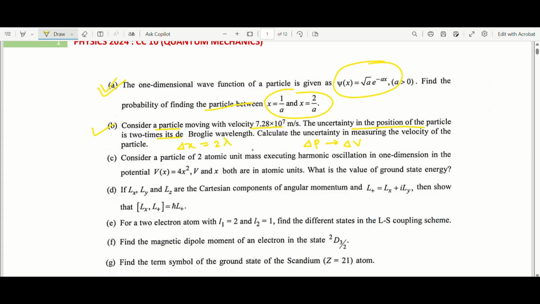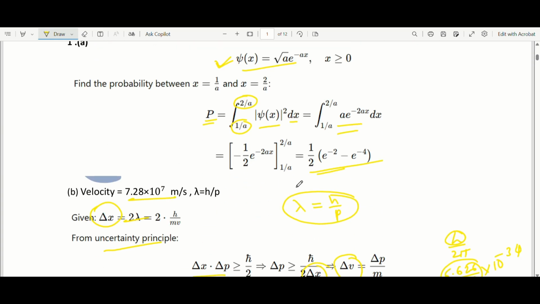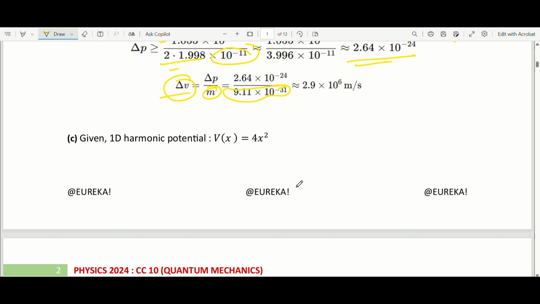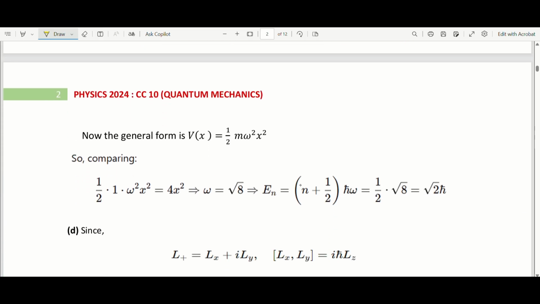Okay, next question, option C. Consider a particle of 2 atomic unit mass executing harmonic oscillation in one dimension, in 1D, in the potential. This potential is given for a harmonic oscillator. So V and x both are in atomic units. So what is the value of the ground state energy? Okay, so Vx is given as 4x square. So 4x square means, if we compare with the general form of potential for a harmonic oscillator, that is half m omega square x square, therefore m omega square will be 1. Okay, so if we compare both sides, then we get